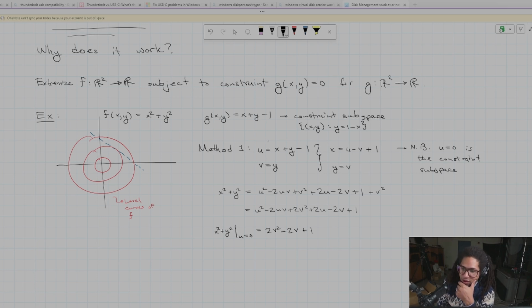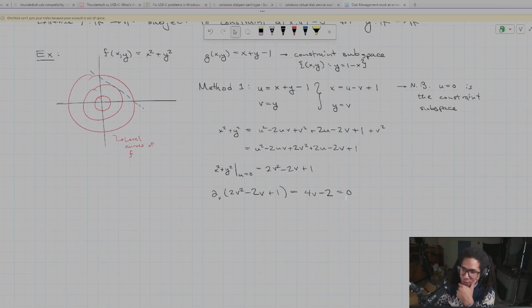I'll just take a derivative of this thing. So the derivative with respect to v of 2v squared minus 2v plus 1 is equal to 4v minus 2. I want that thing to equal 0. So that implies that v should equal half, which in turn implies